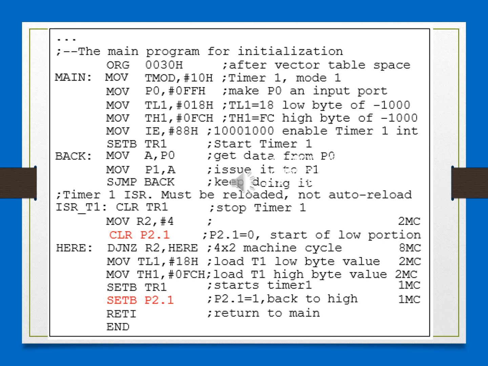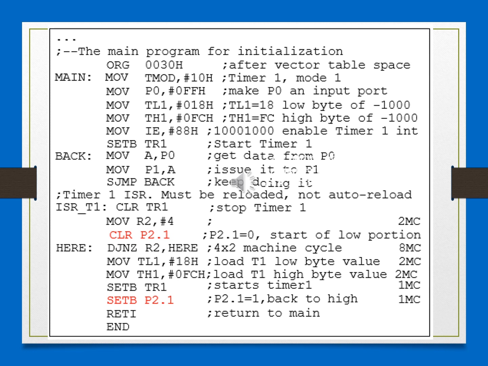So you are using timer 1 to operate in mode 1. The 16-bit value for mode 1, you have to load into TL1 and TH1. You know that, right?